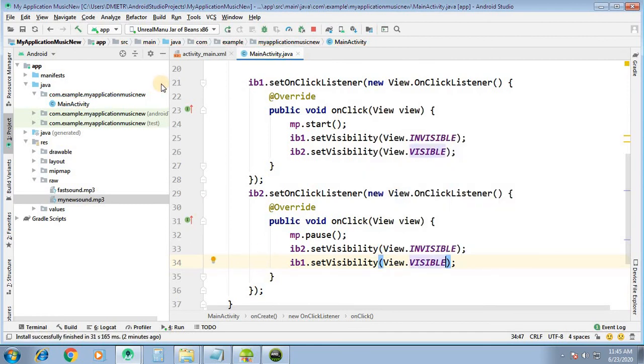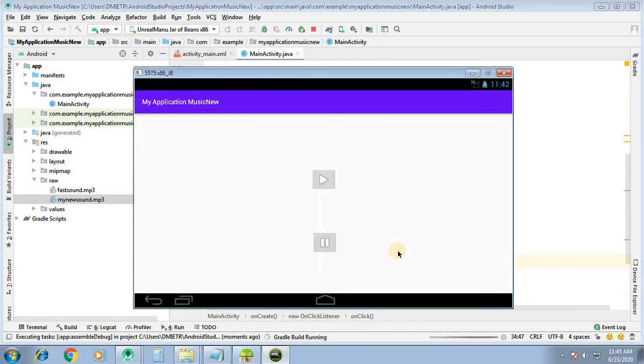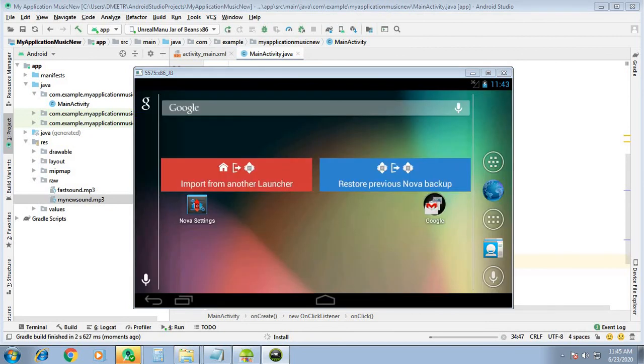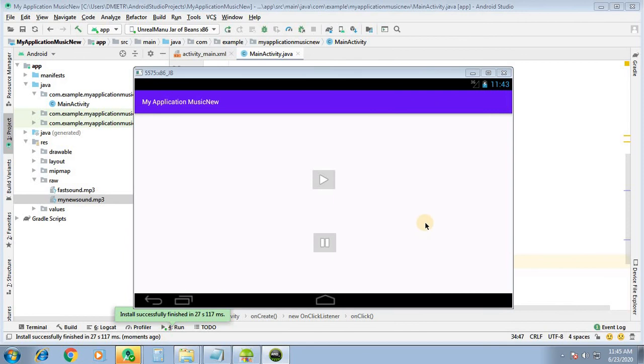Now let us run this configuration once again. Now the activity has been launched. When I click on play, it will vanish and only the pause option will be there.